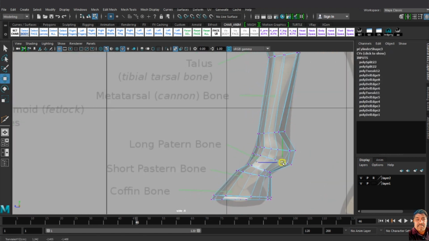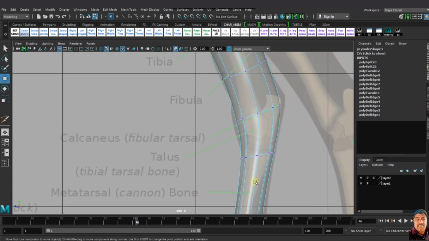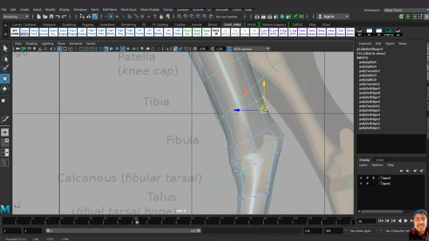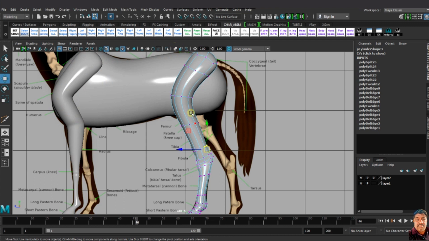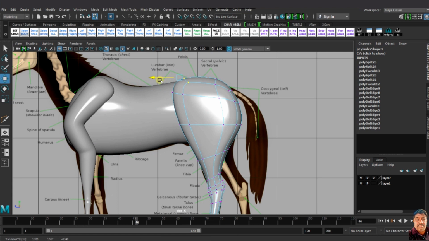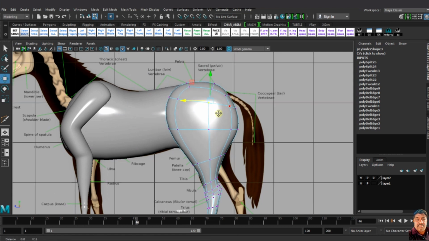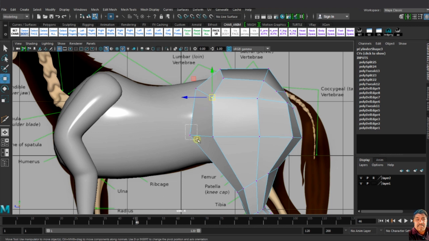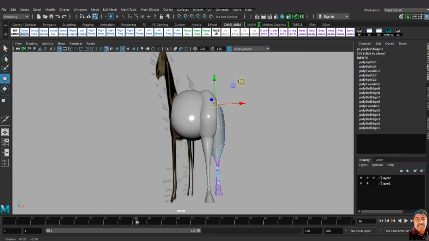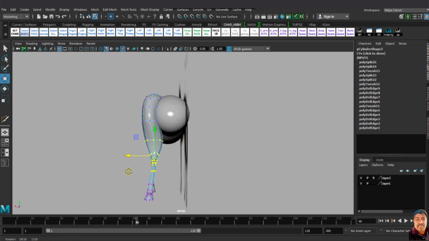I adjust my back leg as per my back image. I adjust in unsmooth mode. Now I make the things like back leg.